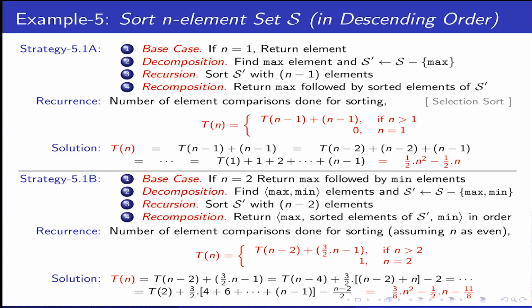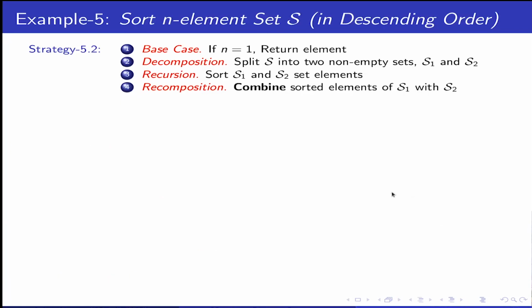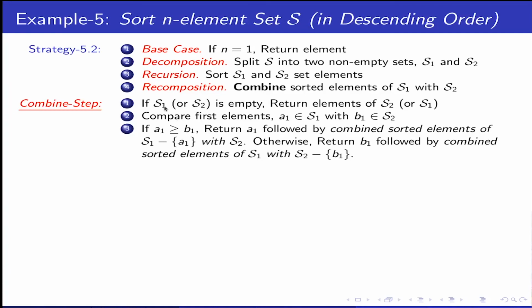So here we split into 1 or 2 and the rest: 1 and n-1 on this side, 2 and n-2 on this side. There are ways that we could split in the middle. What do we do? We split the set into 2 parts, sort them, and combine them. The crux is that splitting does not involve any comparison. However, for combining two sorted arrays, you can do it recursively, because if one sorted array is empty, you can return.